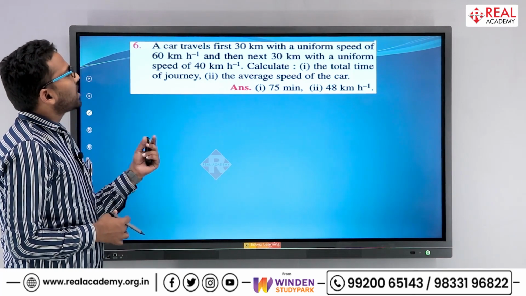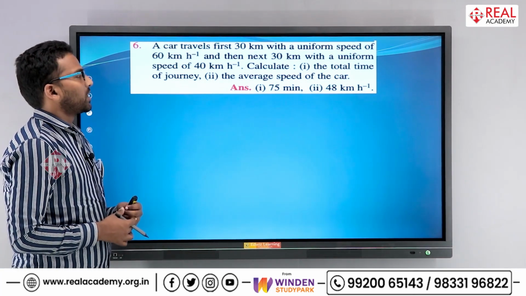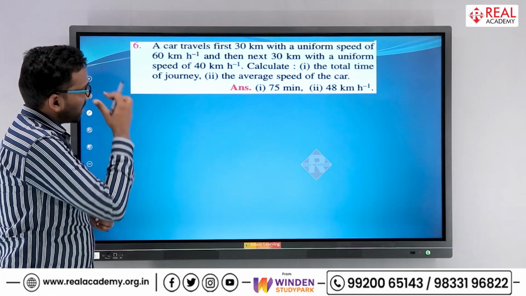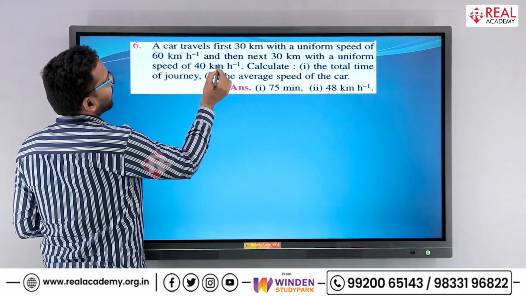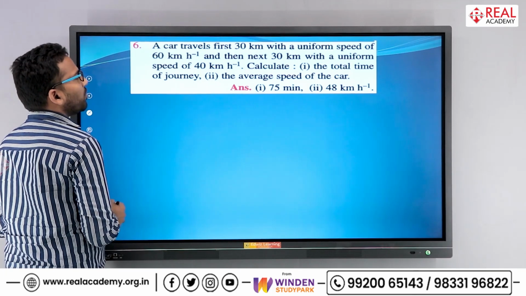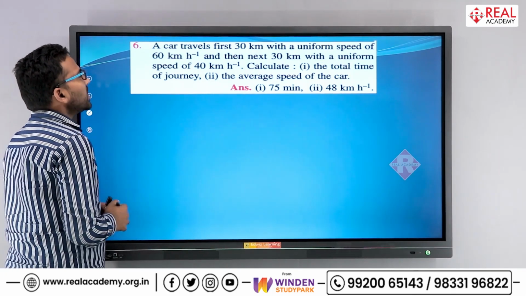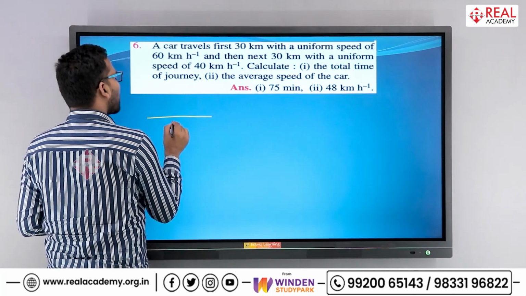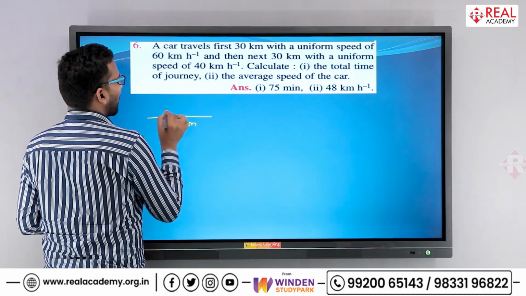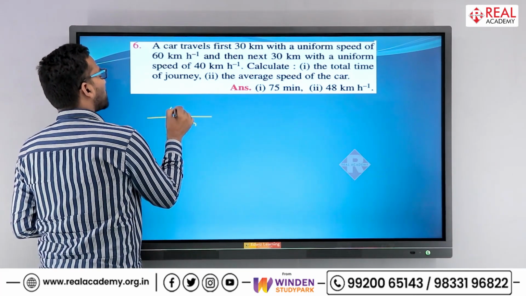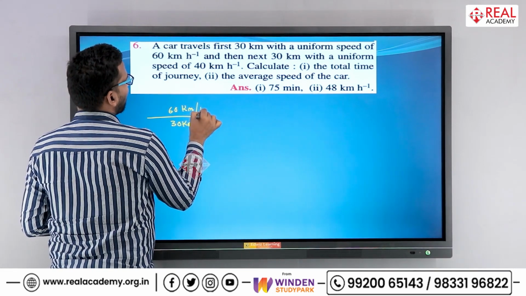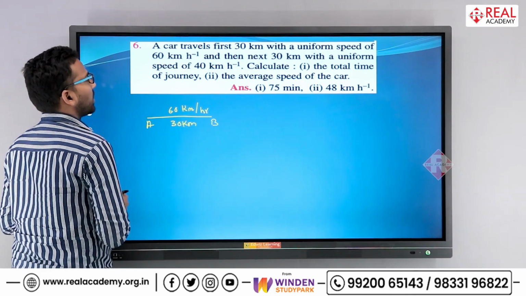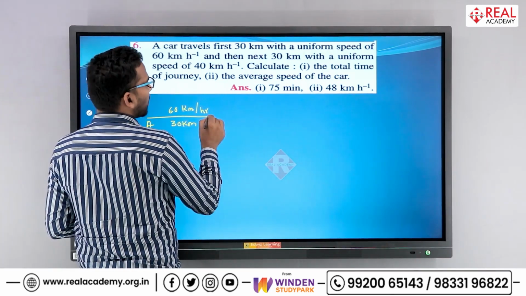Calculate the total time of journey, the average speed of the car. बहुत ही अच्छा सवाल है. चलो एनालिसिस करते हैं, डेटा एक्सट्रैक्ट करने की कोशिश करते हैं. A car travels first 30 kilometer with a uniform speed of 60 kilometer per hour. फर्स्ट 30 किलोमीटर एक कार है जो ट्रैवल कर रहा है और उस टाइम पे उसका स्पीड है 60 किलोमीटर पर आवर. ओके, सपोज लेट दैट डिस्टेंस बी A to B, 30 kilometers, and the next 30